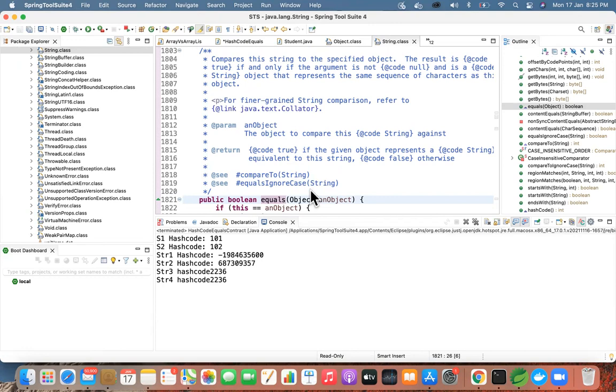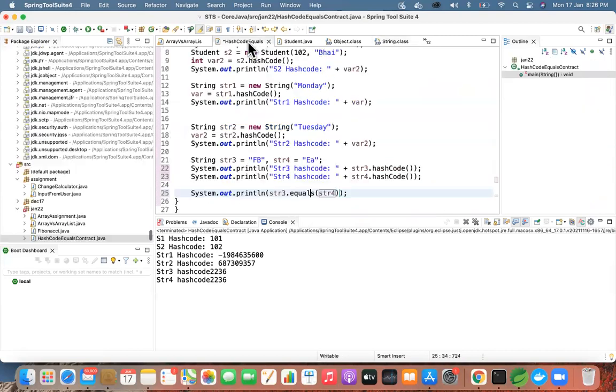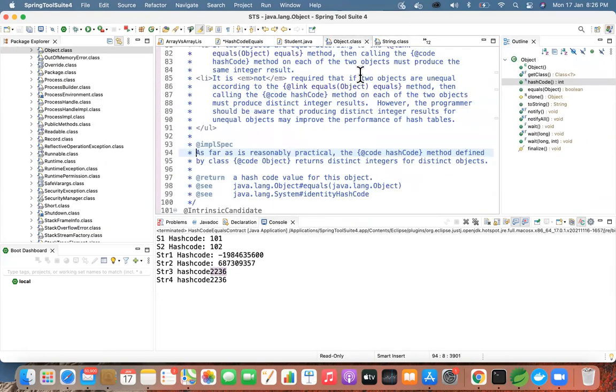Internally, what is happening is this double equal to and the object whichever you're passing. So the double equal to is nothing but the check is happening on your references and not on the content. So the first part of the check is the reference part. So now as per your execution of string 3 hash code and string 4 hash code, the references are 2236. So 2236 is equal to 2236. This would be the actual result, because it is actually looking at the reference and not at my content.